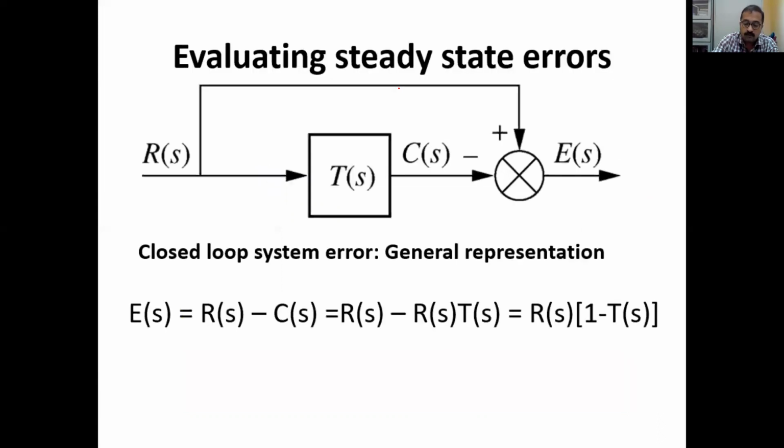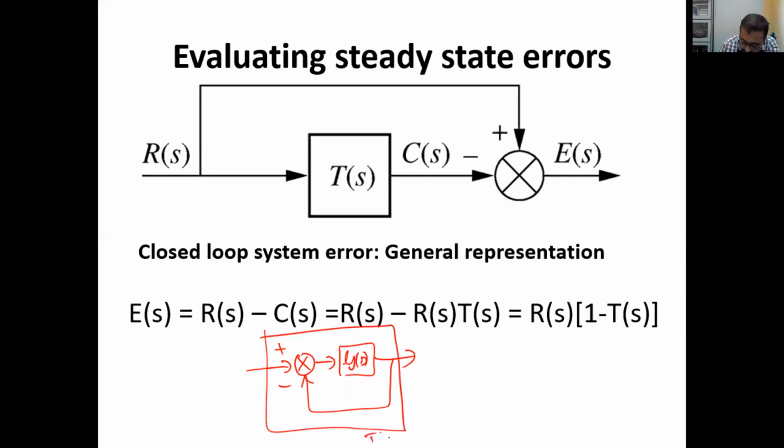Now if you have a closed loop transfer function in a single block, say for example, this is your plant transfer function in the forward path, this is your feedback path transfer function, right? So this I have reduced into one single block T of S. This is my reference input R of S, this is my output C of S, right? What will be T of S? It will be G of S divided by 1 plus G of S. So my T of S is G of S divided by 1 plus G of S. Closed loop transfer function in one single block. That is this thing.